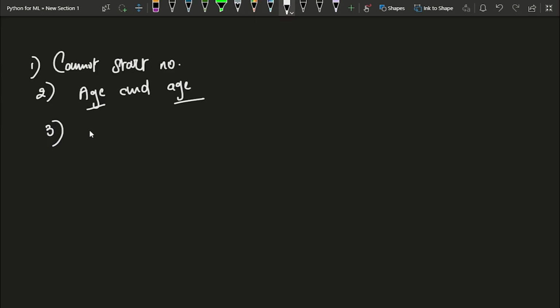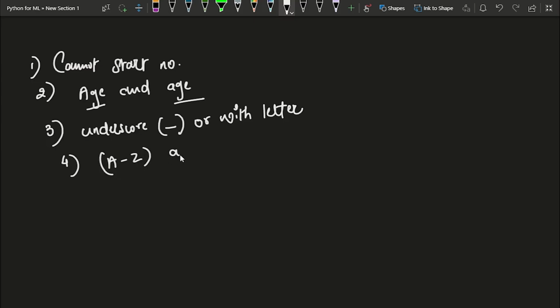The third thing is that the variable name can either start with an underscore, which is represented like this, or with a letter. The letters could include capital A to capital Z, small a to small z, and then 0 to 9.